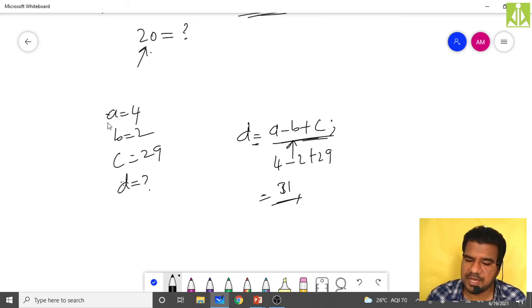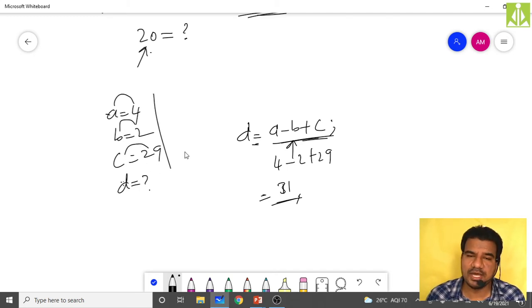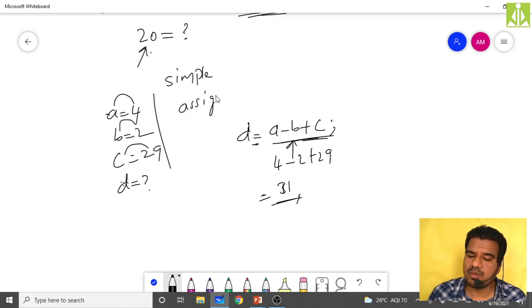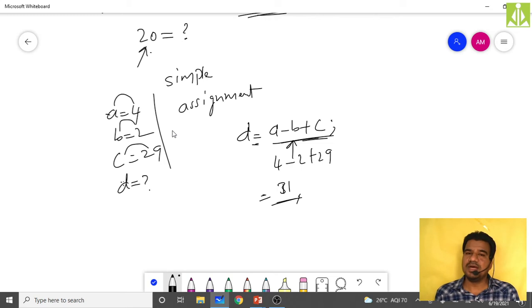Whatever assignments we have done so far, assigning this 4 to A, assigning this 2 to B, assigning this 29 to C, likewise whatever assignments we are doing over here, all these come under simple assignment operation only. Whatever expression you are taking on the right hand side of the assignment operator will be evaluated.